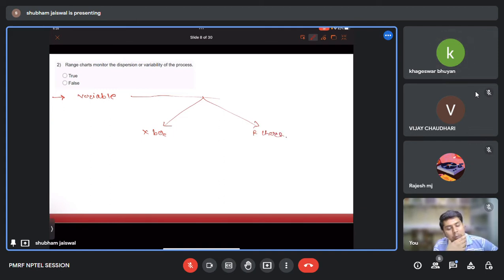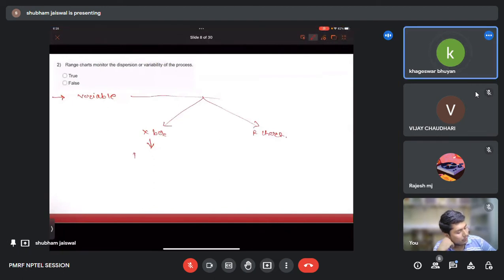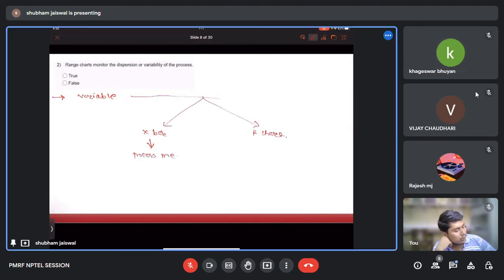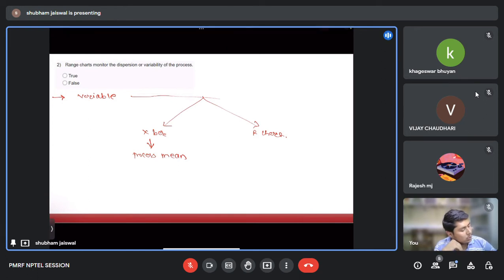When we consider the X bar chart, what we monitor is nothing but the process mean, the average. The mean is the measure of our central tendency. So in another word we can call it shift in